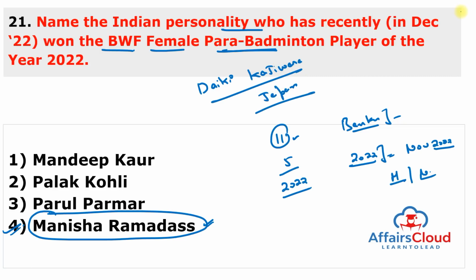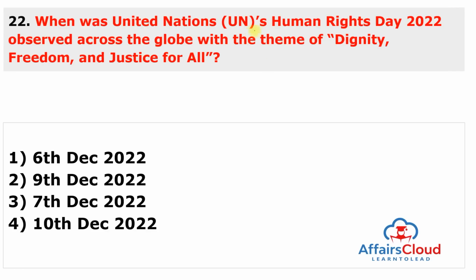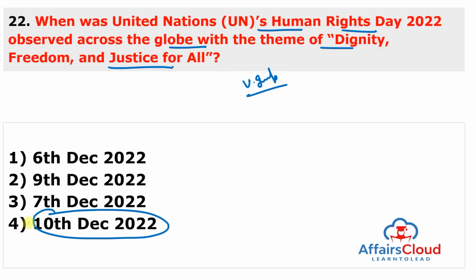Moving to next question. When was United Nations Human Rights Day 2022 observed across the globe with the theme of dignity, freedom and justice for all? Mark this question in the very important section, and this day is observed on 10th of December 2022. So this is United Nations Human Rights Day, or the International Human Rights Day, or the World Human Rights Day 2022, observed across the globe on 10th of December 2022 with the theme of dignity, freedom and justice for